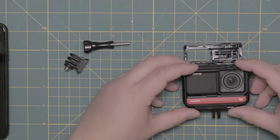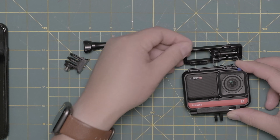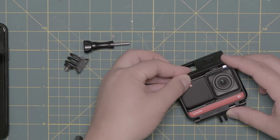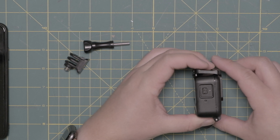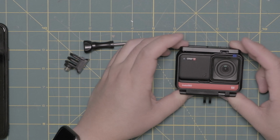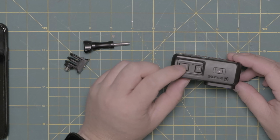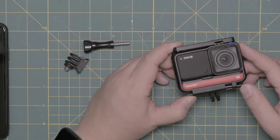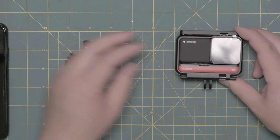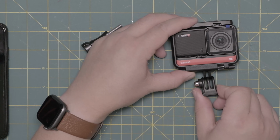Snug in there, push the frame in, and then to lock it, you put it this way so that the lip connect is underneath, catches it, and then just push down, and that's it. It is now all locked up. At the top, there's a cutout, allows you to still access the record button and the power button. And now it's locked in there, and then here, if you want to screw in the mount,